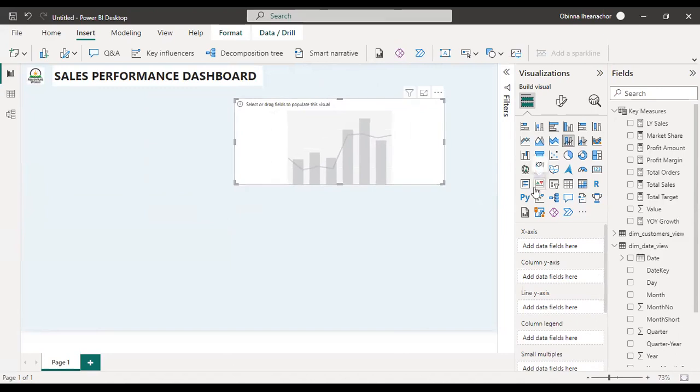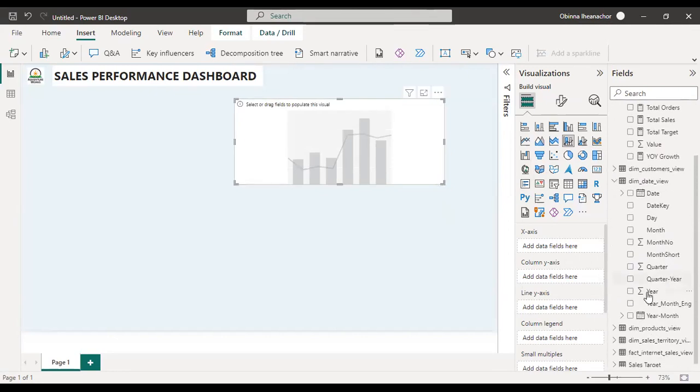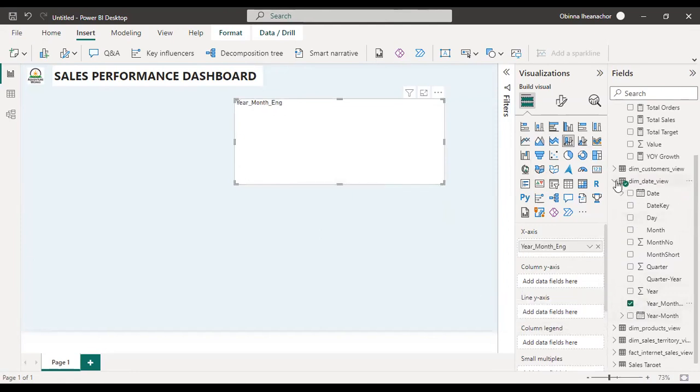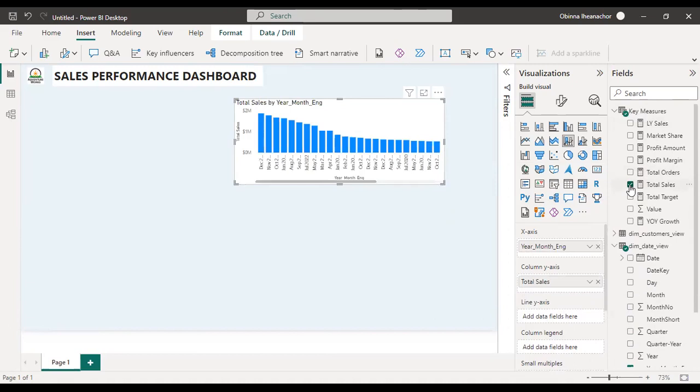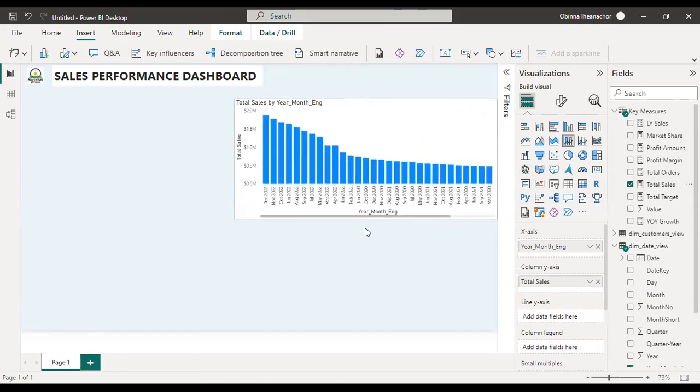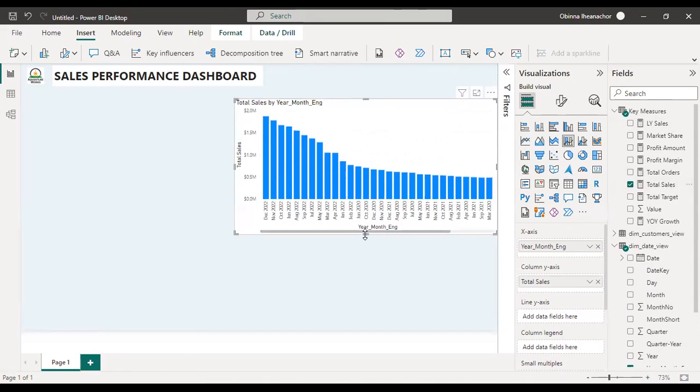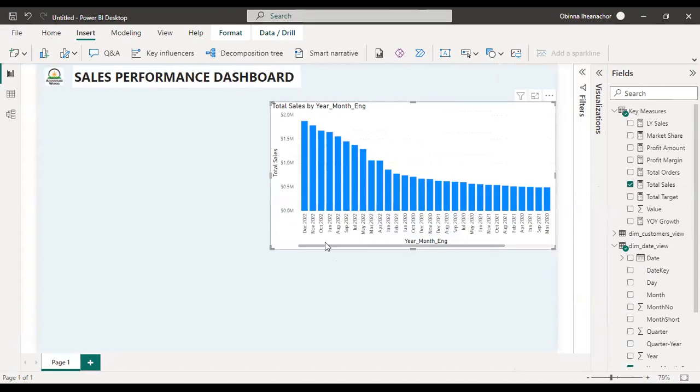For this, let's look at this over time. So I'll come on here and choose the year month English column. And I'll choose sales, our sales measure. If you look at this, you see that the dates are not arranged in order. December, November, October, it's just random. So for this, we'll try to